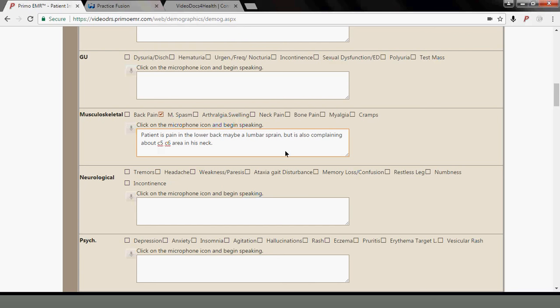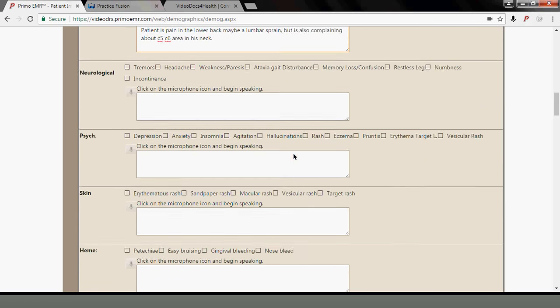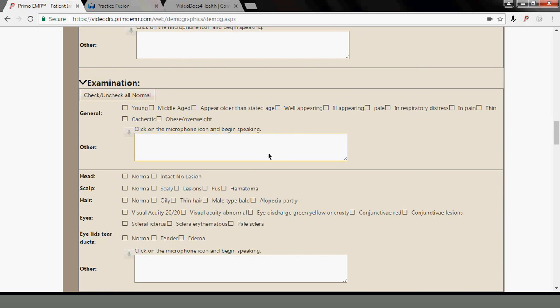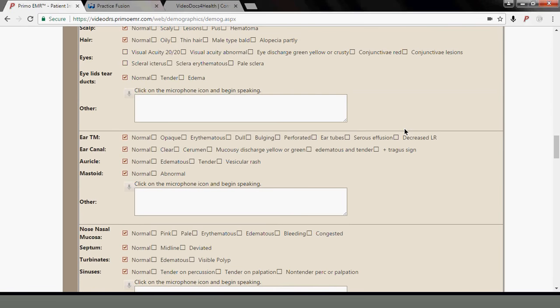So we picked up all that information very clearly and nicely. Moving down into the exam. With the exam, we code by exception. So when we click, everything becomes normal. So we're going to say that he is well appearing, okay, and we're going to go down and touch